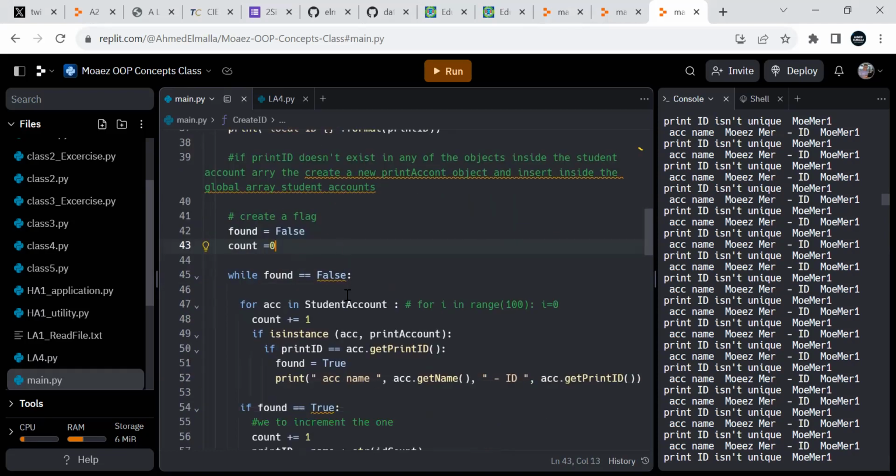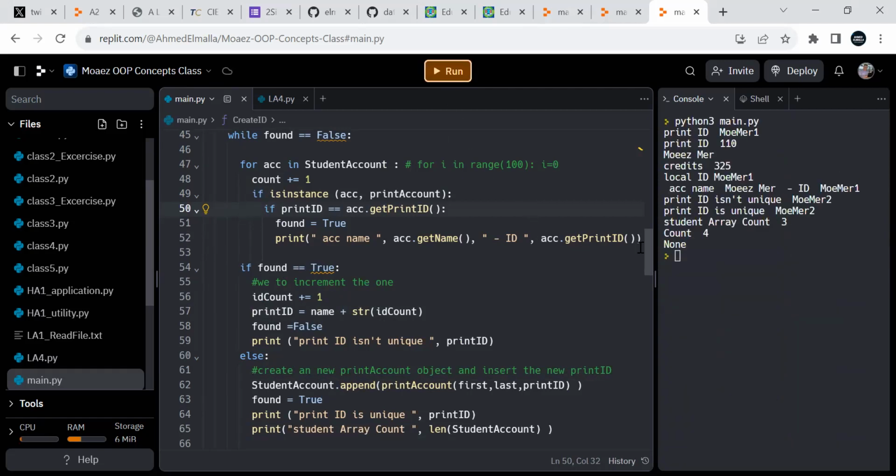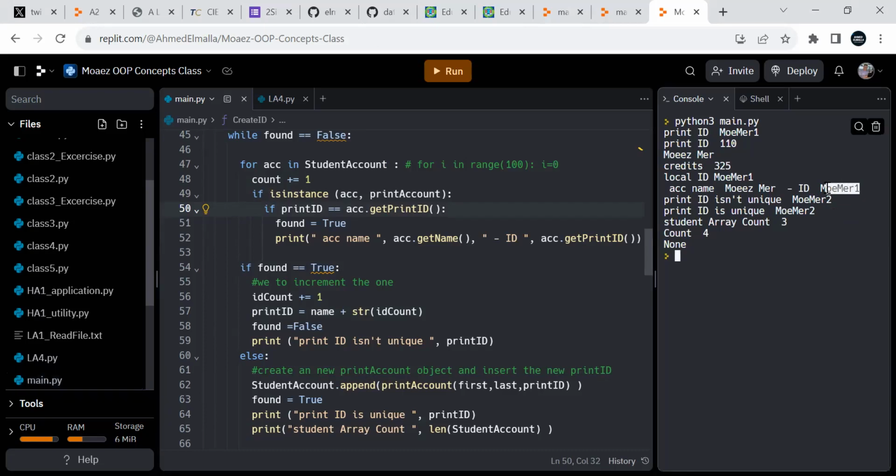I wanted to make sure that whatever is reflected in the print ID is okay. So now, again, when I find this one in the array,